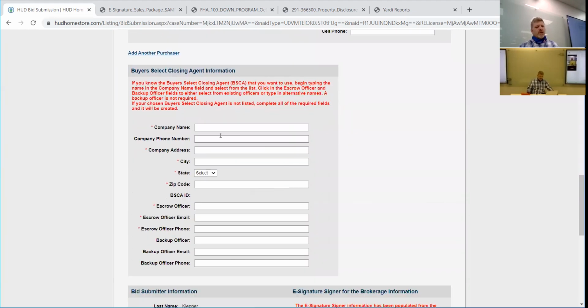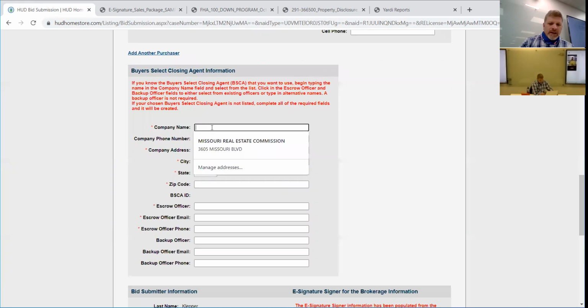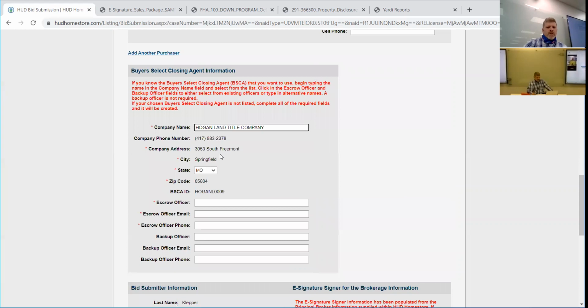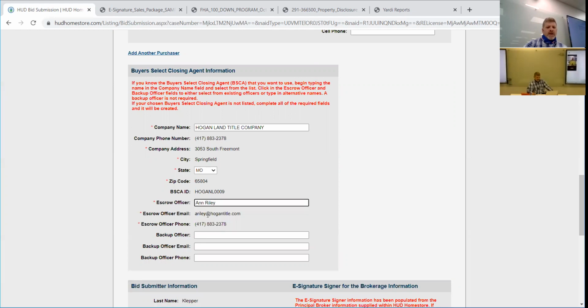Buyer gets to choose their closing company. I really like this setup because if, let's say, I want to close at Hogan, it pulls up every Hogan title company in the area. And I can click this one and it automatically populates the information. And hey, when I come down here to escrow officer, it's going to give me my option of who that is. And if there's a backup officer, it would do that too. But there's not one. Ann's the main person at this particular Hogan. If it's Hogan,